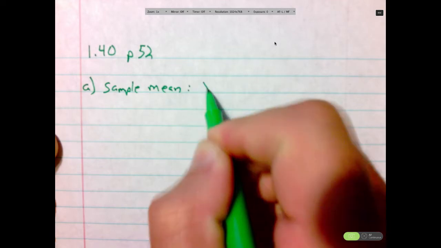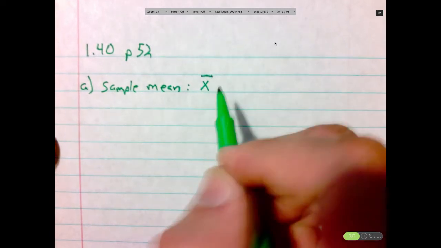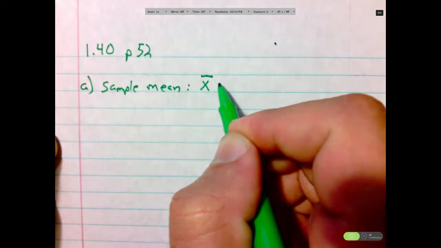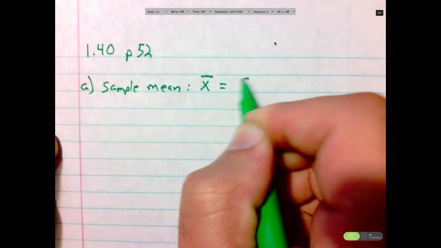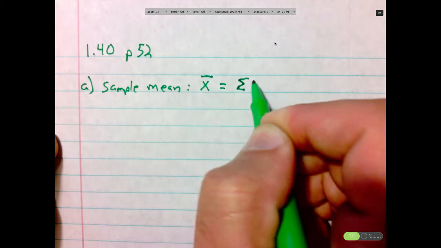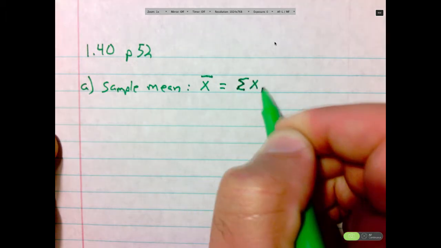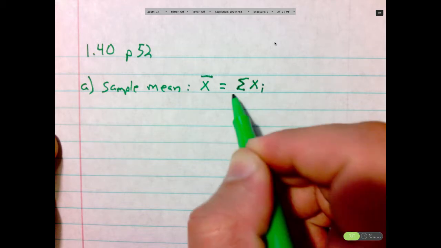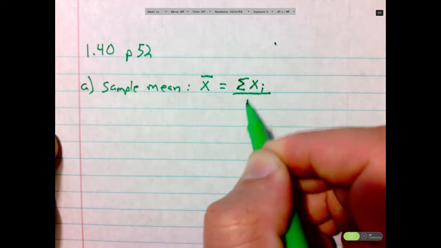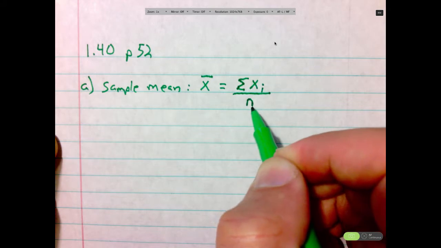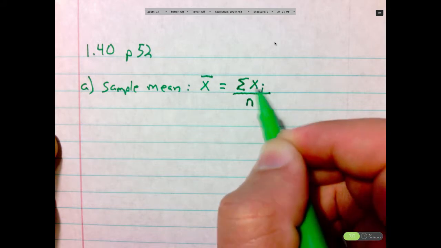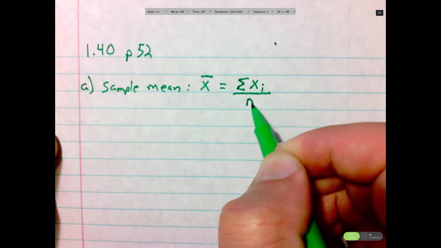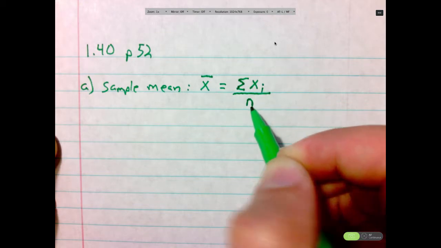We use the symbol X with a line over it to denote sample mean. We call this X bar. X bar is equal to the sum of each X observation, denoted by X sub I, divided by N, the total number of numbers. Again, X sub I is each observation X, 1, 2, 3, through the total number N. For our problem,